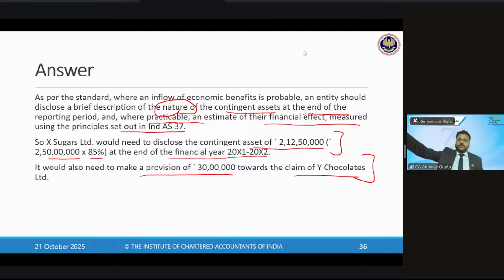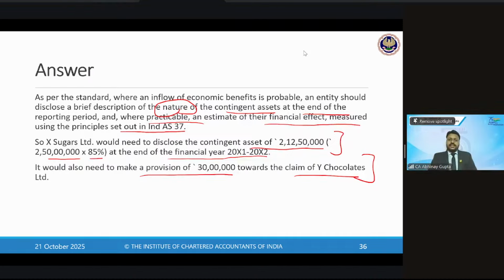Hence, you shouldn't be demanding this 30 lakh penalty, right? So this is a normal thing, right? Hence, it is not a liability unless and until accepted by the sugar company, X Limited. So if X Limited confirms that, okay, we are okay to pay 30 lakh, then you can say, right? So it is a provision only,